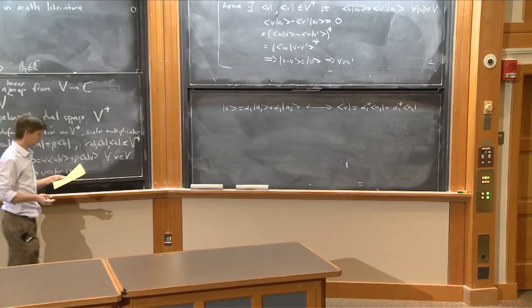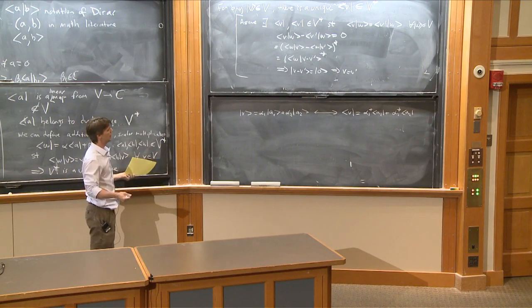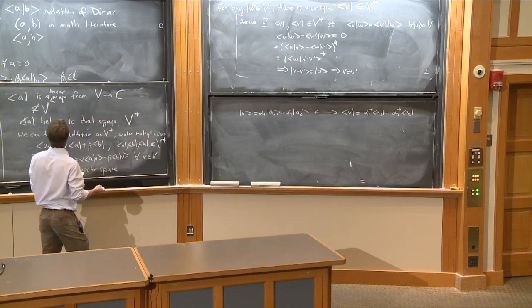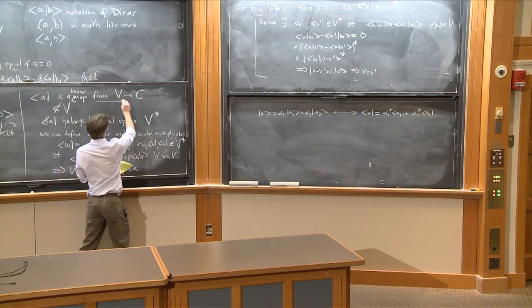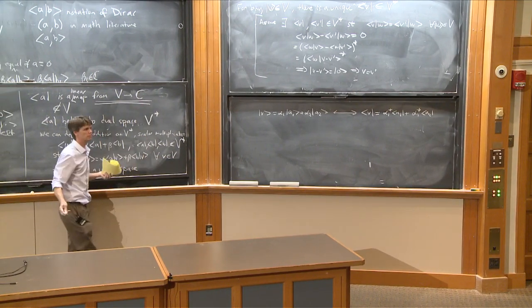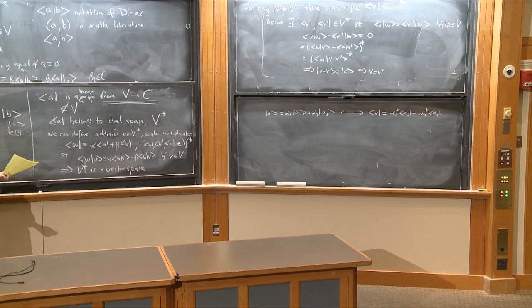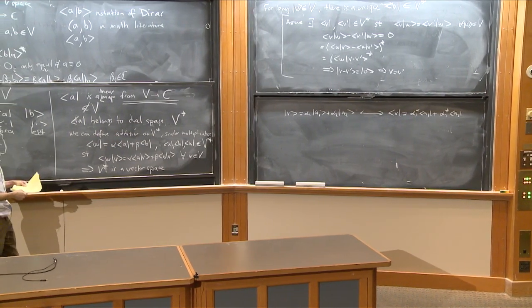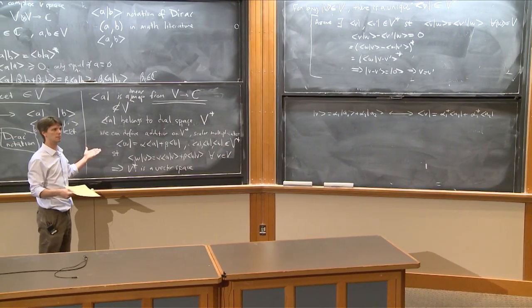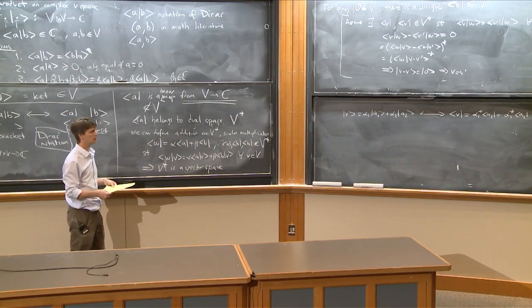Okay, so really, in fact, any linear map you write down, any linear map like this defines one of these bras, because every linear map that takes V to C lives in V star, so there has to be an element that corresponds to it. Okay,